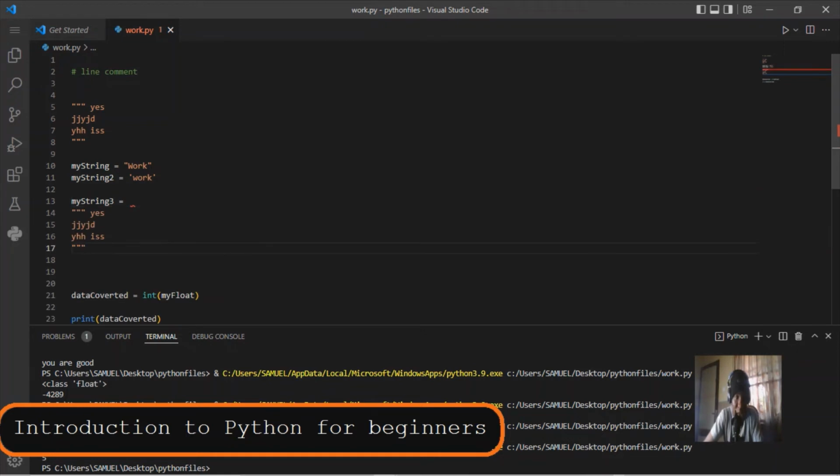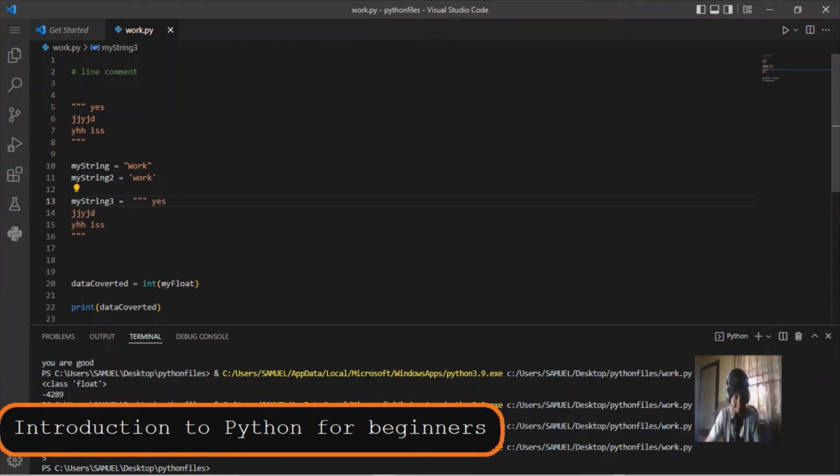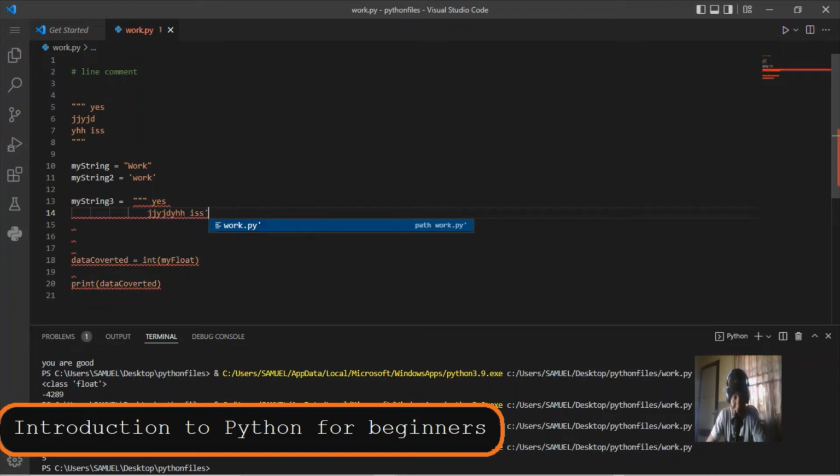I don't like the way it is like this. I want it up. So I want it here, I want it here, and I want it here. So I can just do something like this. So that means I have 3 types of string now. I just showed you how to write 3 types of string, and then this one too, I can use just